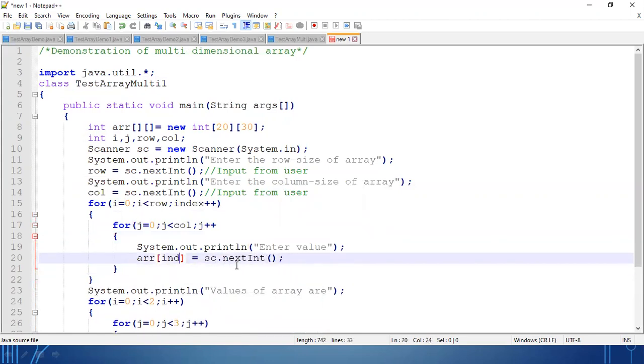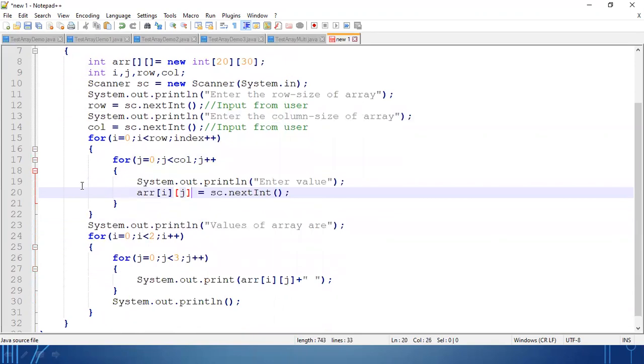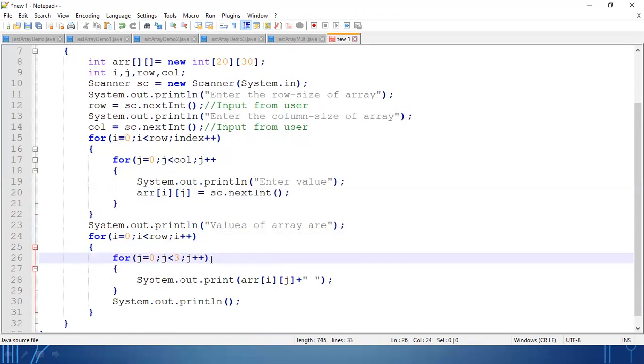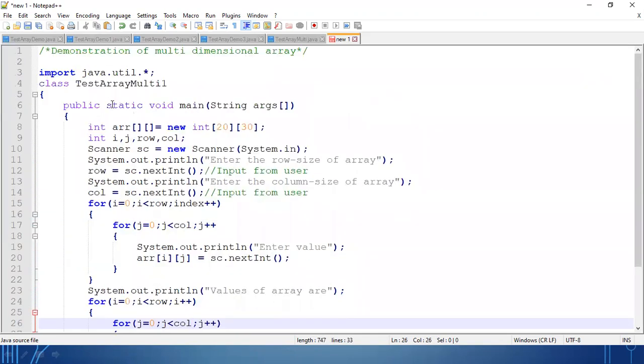So here it will be i, j, and every individual value you will take input here. Okay, and after that you are printing the values of the array. i depends on the row value, and j depends on the column value. Clear?